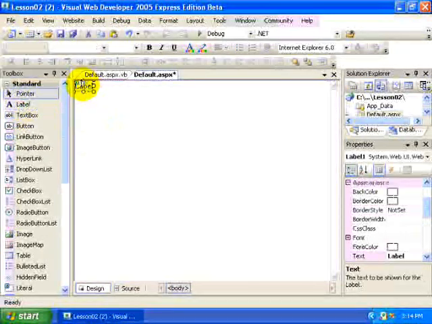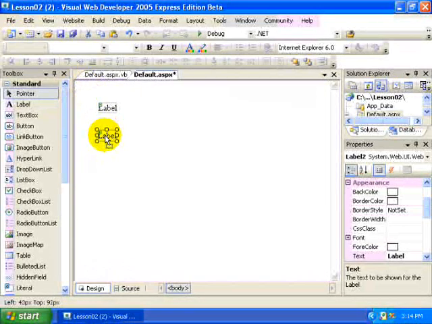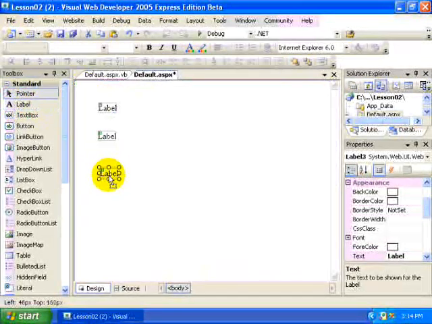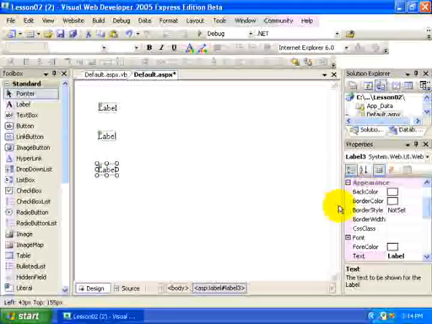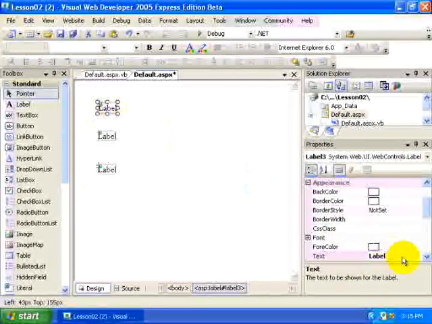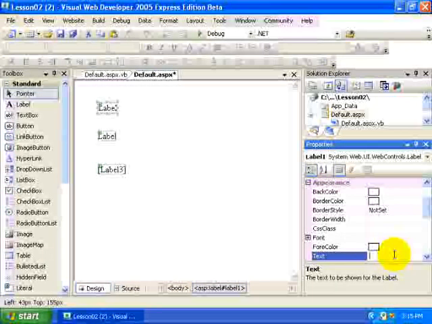So one of the first controls that we were able to use in our previous lesson were the label controls, and these are simply textual labels with a programmatic interface like we used in the previous video. You'll recall to change the content of that label by setting its property equal to hello world or whatever the case might be. So in this case,